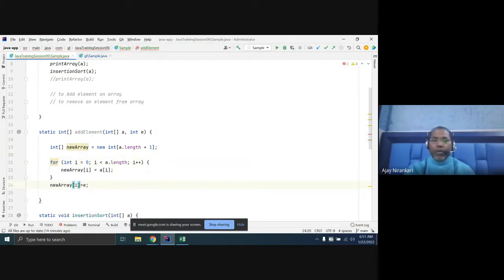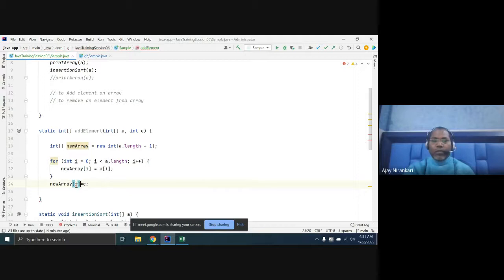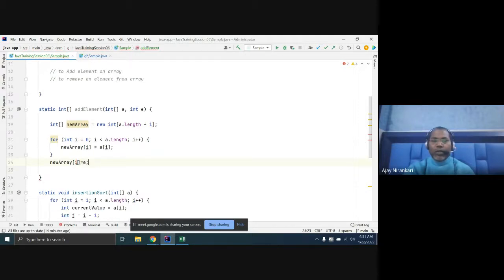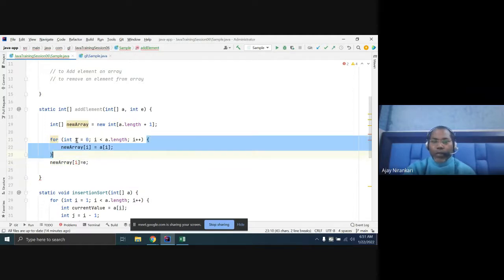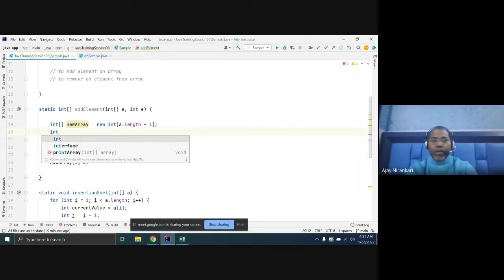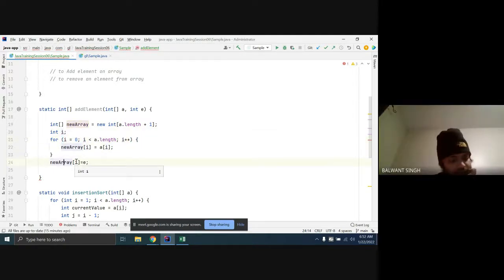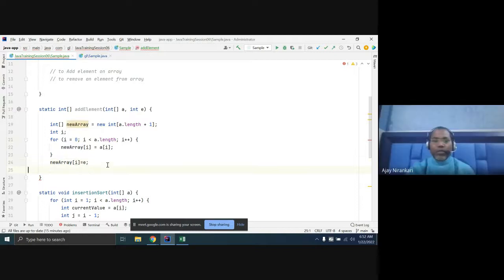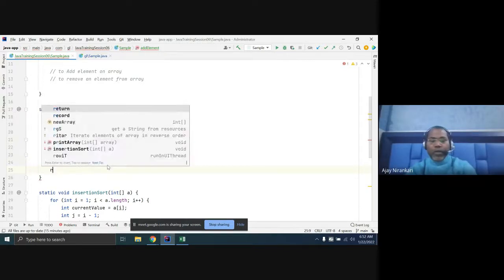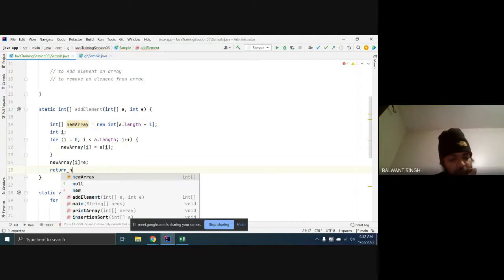The compiler doesn't know what i is. You notice the error, cannot resolve symbol i, because this i variable is declared inside the for loop. So you can declare integer i outside, and you can just assign. It is clear here, yes. So in this way, and now which array do you have to return? New array.